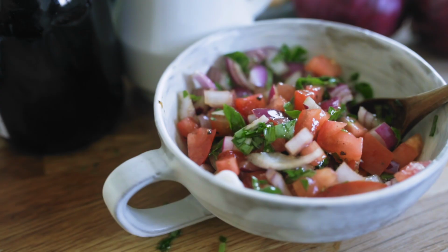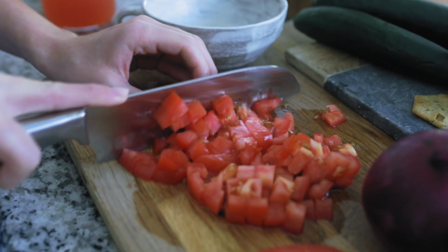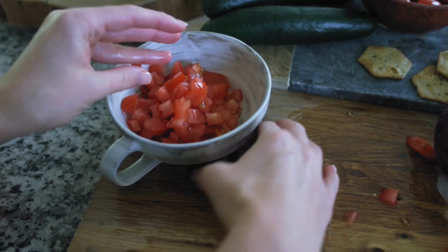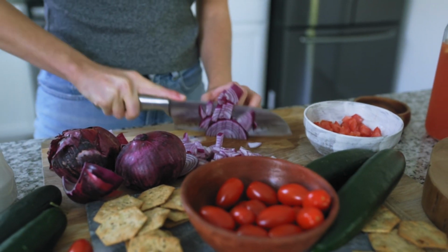So let's go ahead and get started with this first recipe. I'm going to be doing a tomato bruschetta cracker. So we'll get started by chopping up our red onions and chopping our tomatoes. And then we're going to mix in some extra virgin olive oil with some balsamic vinegar and a little bit of cracked black pepper. Red onions have anti-inflammatory and antihistamine effects, which means it's a really excellent immune supporting food